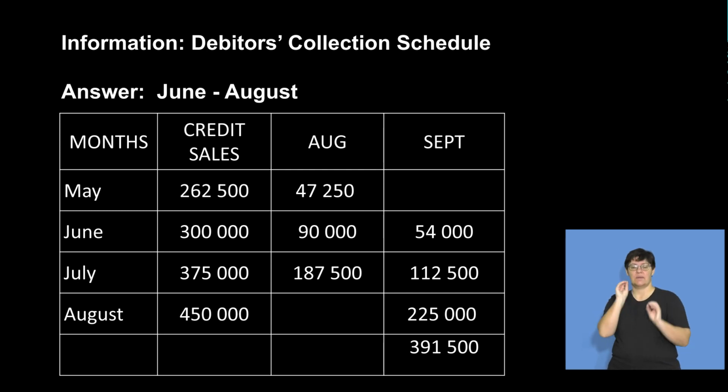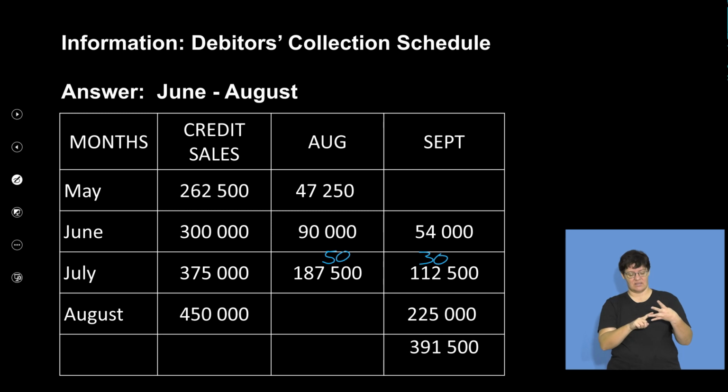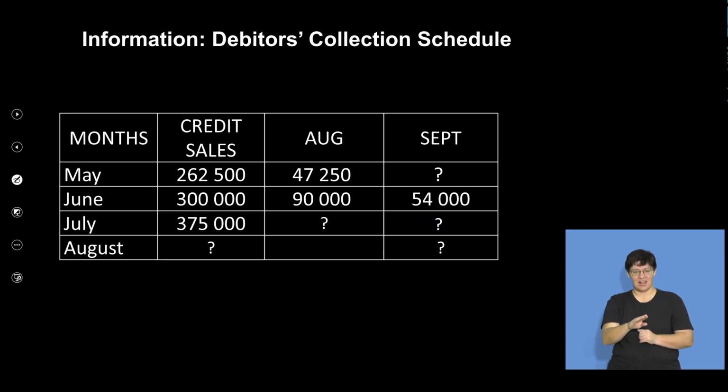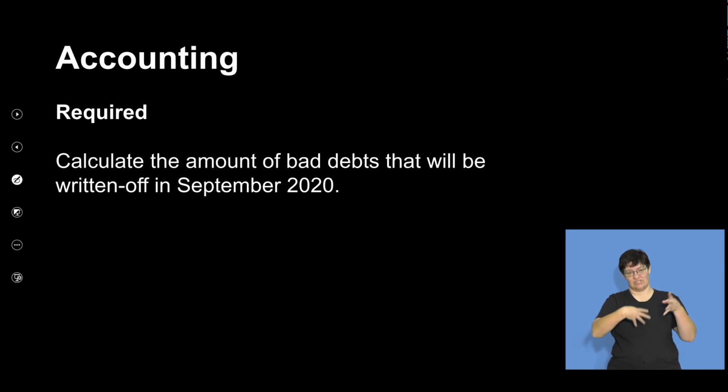You know July, that is your 50%. Let's put it there. That will be your 30%. August, if you take 450, we know the month thereafter is the 50%. So in this way, you now complete your debtors collection schedule. Here you can see, here's our